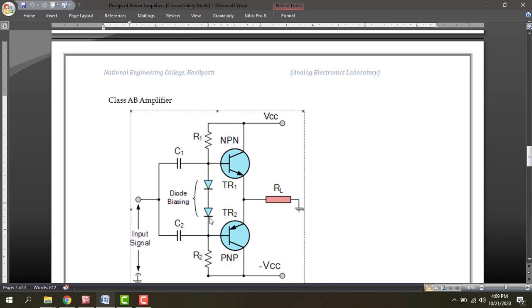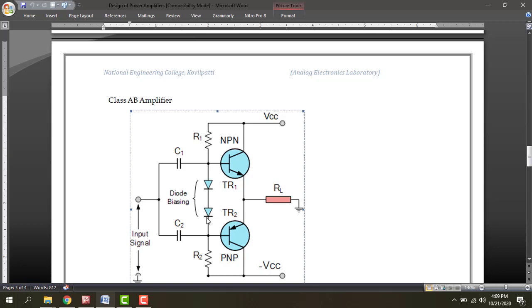If the supply is switched on without giving the input signal, diodes D1 and D2 are conducting, so the voltage across the diodes will always be forward biased. The anode of diode D1 will be plus 0.7 and the cathode of diode D2 is minus 0.7. This plus 0.7 and minus 0.7 pre-bias the NPN transistor and the PNP transistor. So if the input is less than 0.6, the 0.6 volt is supplied by diode D1. If the input is less than minus 0.6, the minus 0.6 volt is supplied by diode D2. So the crossover distortion is eliminated.